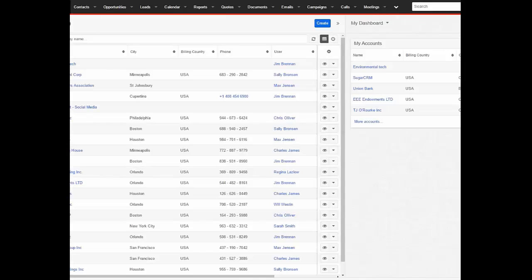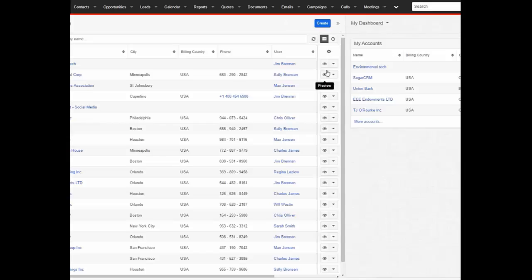So this is my accounts module, and I'm looking at a list of all the accounts, the companies, in my database. Now on the right-hand side here, I've got this info panel. I can collapse this or leave it open. The info panel is another place where I can add dashlets and create other dashboards. These dashboards can be related to the things I'm seeing in the main panel or not. I'm going to see in the next step where the dashboards can actually be totally contextual. So that'll be kind of cool.